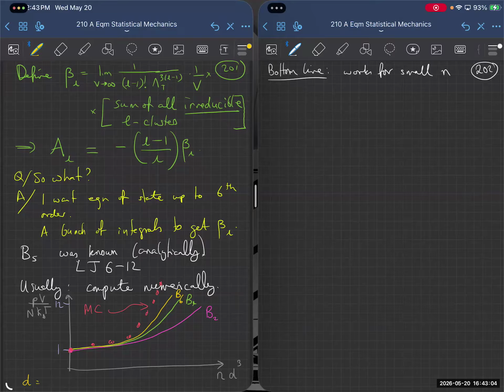I don't know what it is. I don't remember. I'm just going to say radius. I'm confused. I will correct it in the lecture notes on Teams afterwards. Okay. Bottom line, this works for small n in any case,